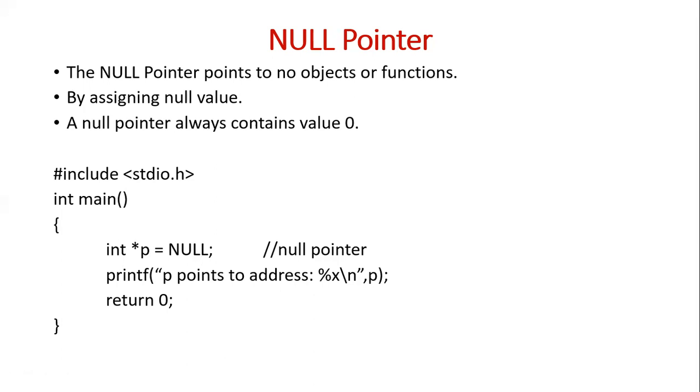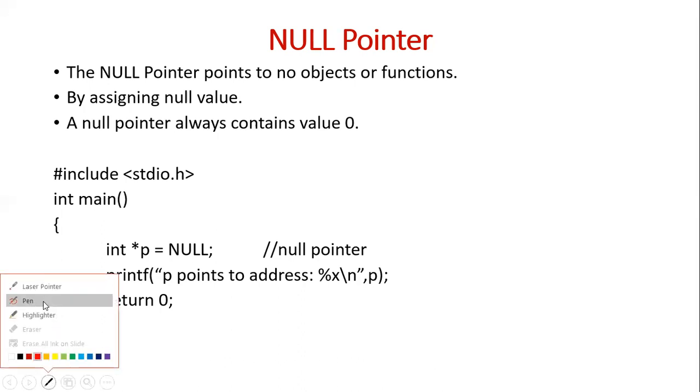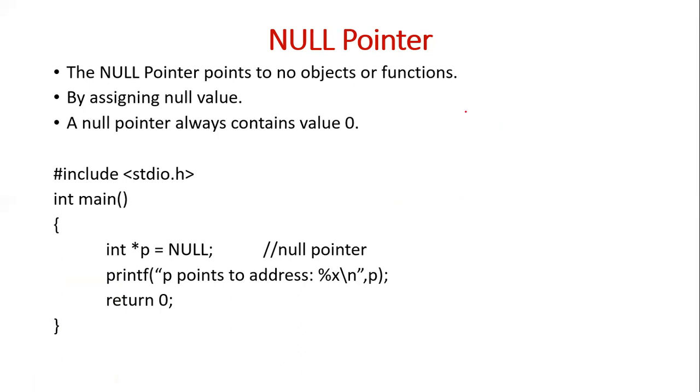Otherwise, if it is not assigned to null, sometimes what happens is, say I'm not assigning the pointer to null. I'm just saying int *p. The moment you say int *p, it means that p is a pointer to an integer. And I'm not using this p for the next 50 statements in the program. After 50 statements, I'm using p, making p point to some variable, say &k, the address of k, or whatever it may be.